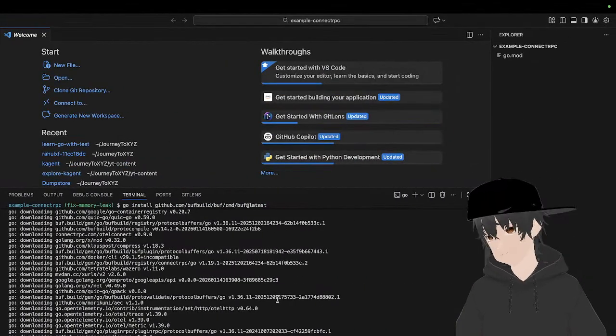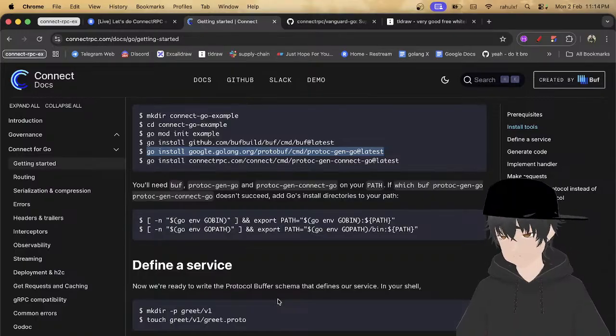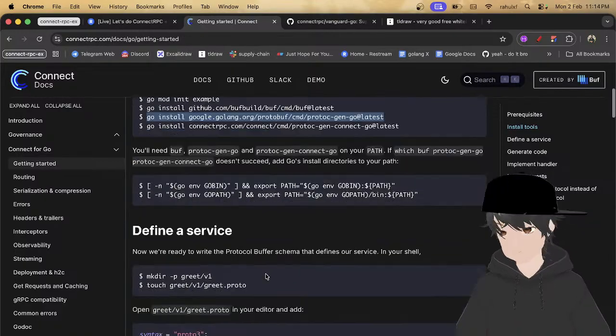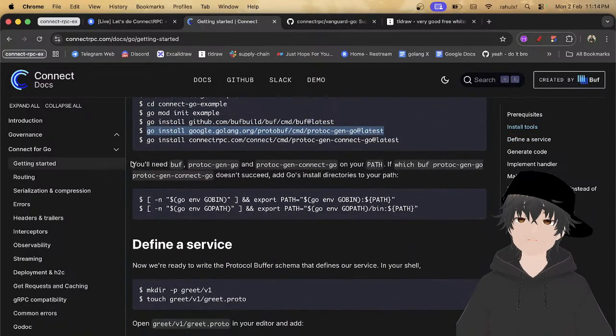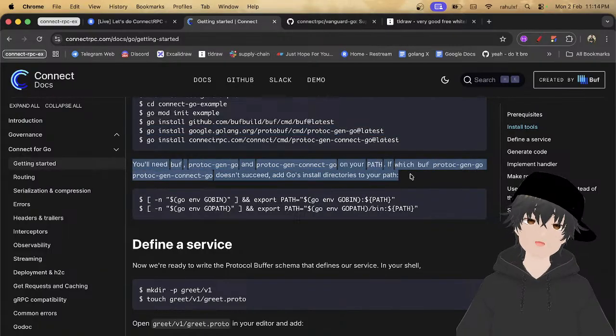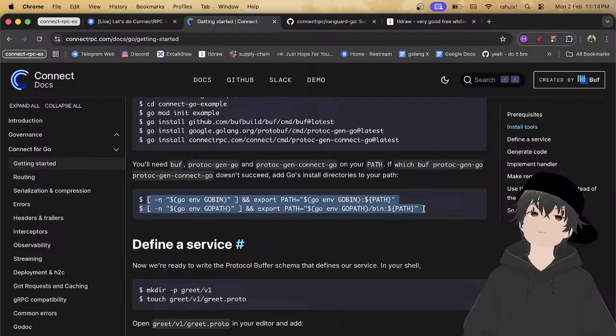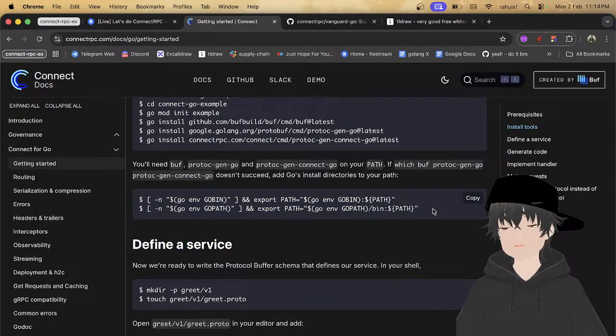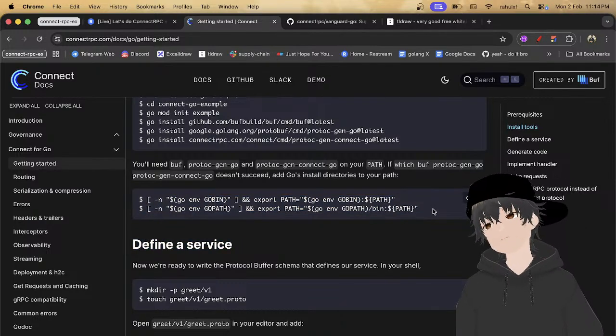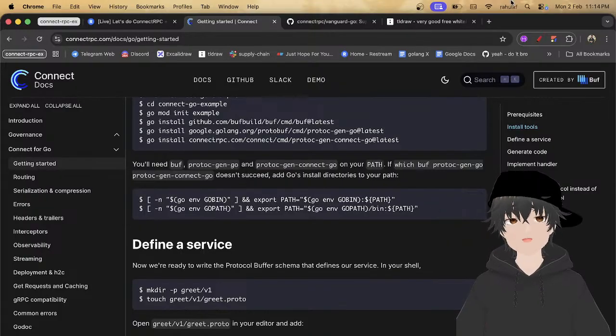That's why I don't do that, because it takes a lot of time. If we don't have them, we need to check whether they are downloaded or not. If not, you have to add them to your environment config.